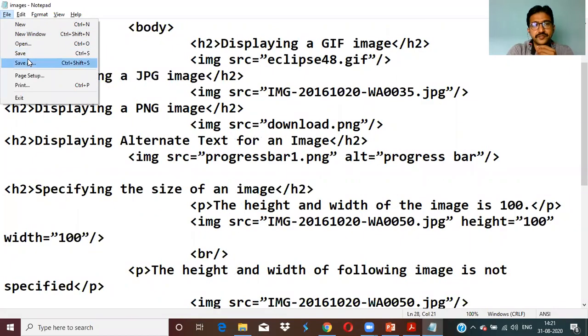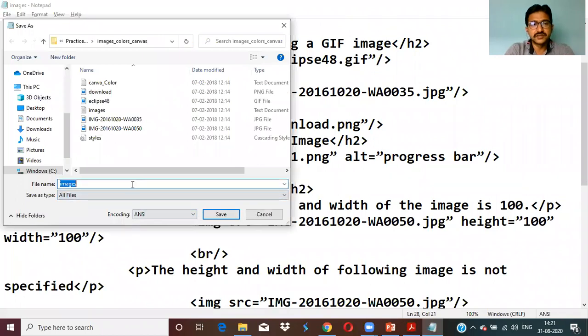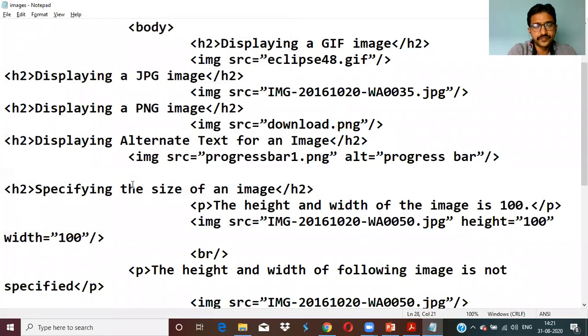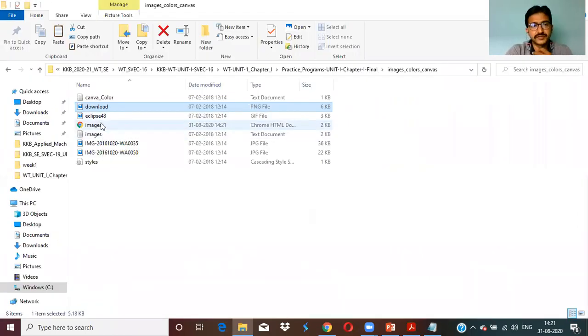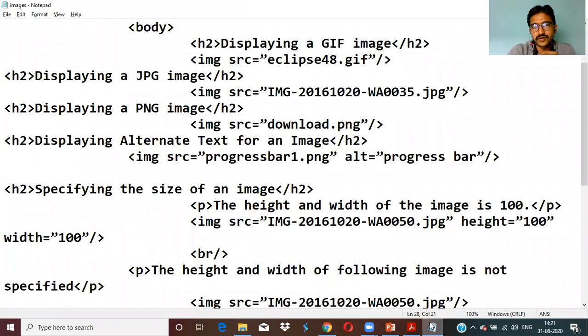Now save the program. Select all files, images.html. Run the program. See, okay, what happened?